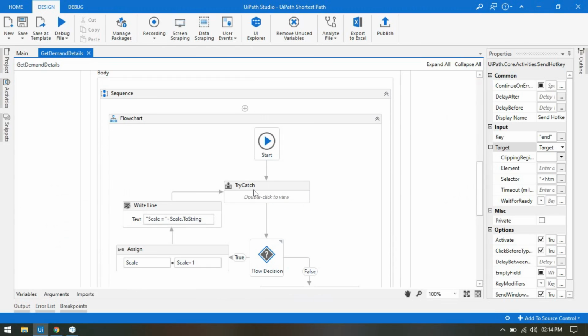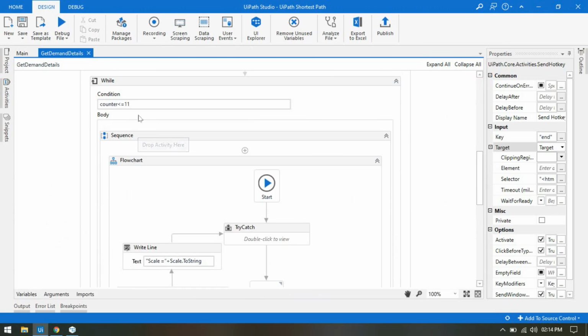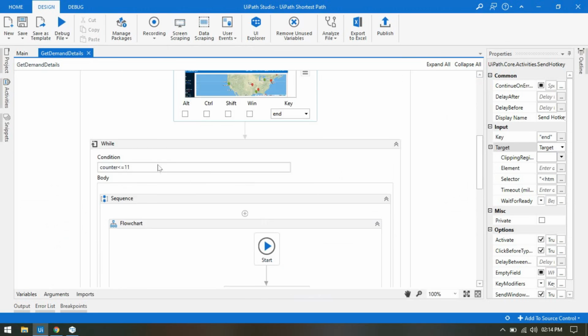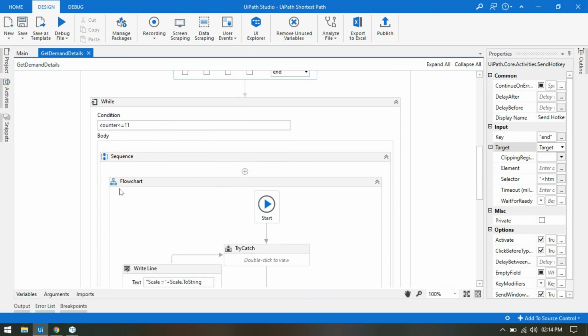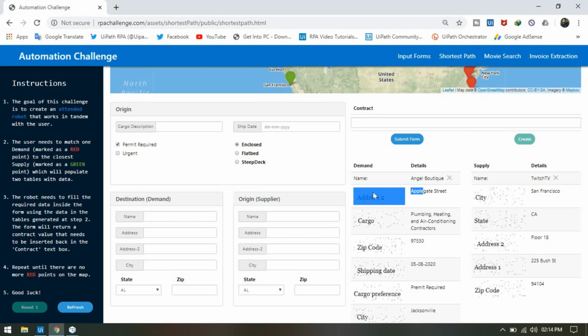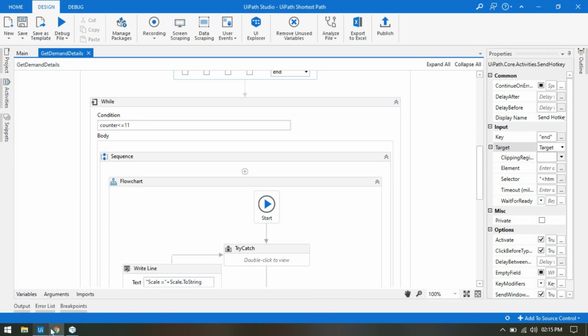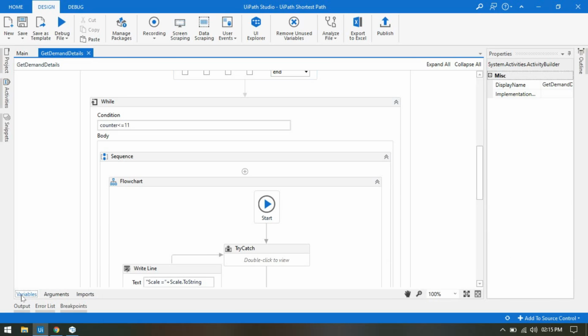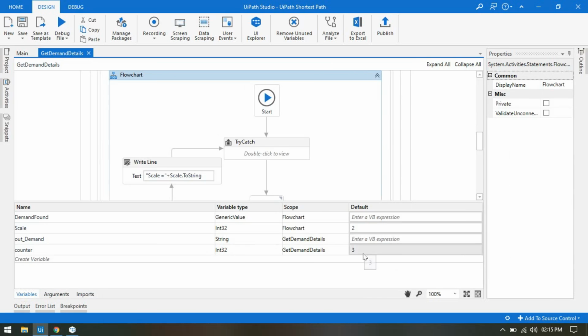Now I have taken this try catch here in this while condition. I am checking the first counter will be 3, because you can see the table row is 1, 2, 3. So because we are going to start from here, the counter will be 3. So I have set our counter first time to 3, right?